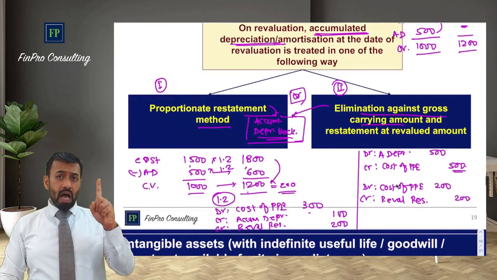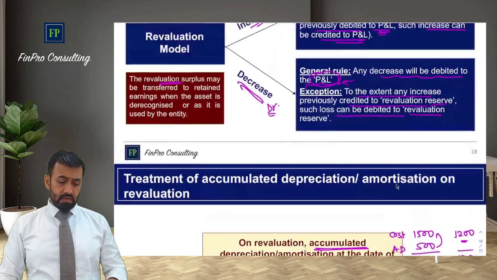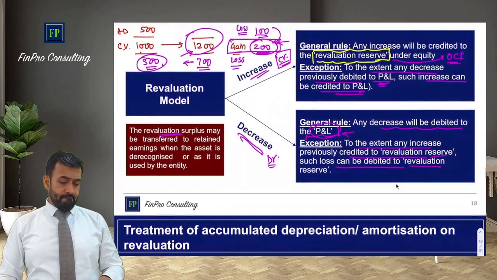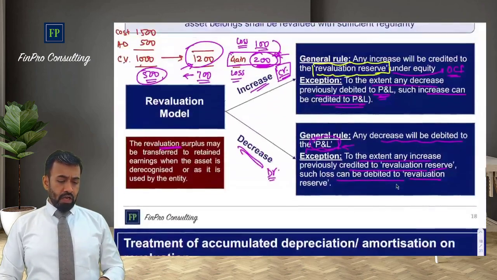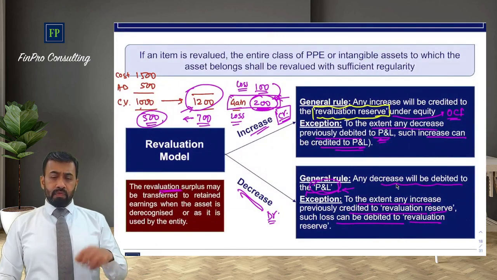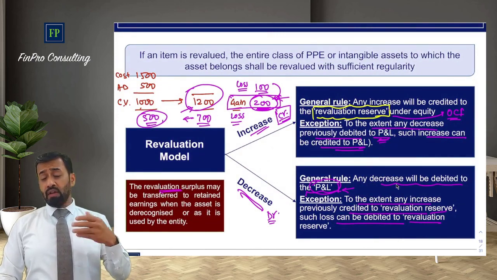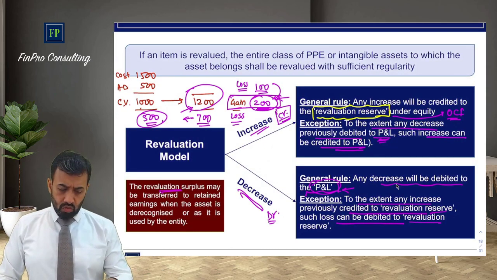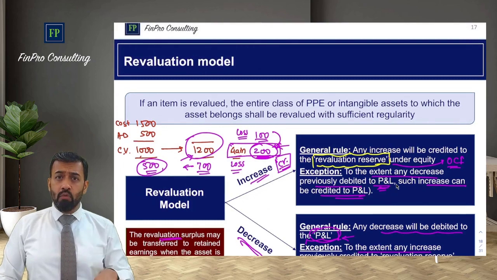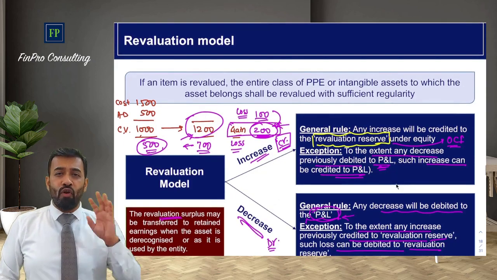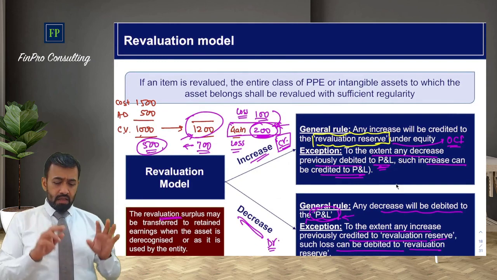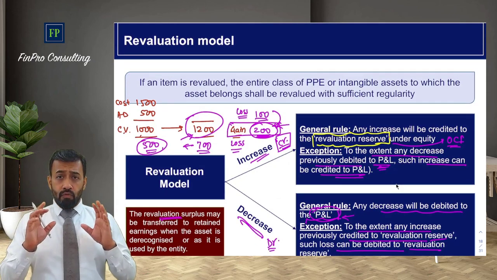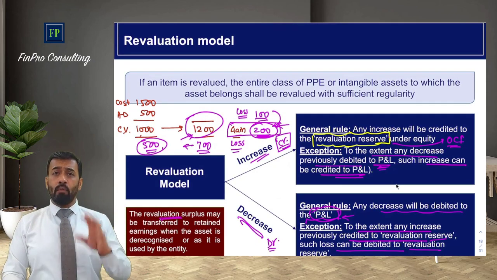This was once asked in the examination. Once, as far as I remember. I hope you have understood this. There is one small question also. We have covered two examples, two questions, on this in the full-fledged batch. So these are available in the books. So even if you are not there for the full-fledged batch, that's okay. These two examples are covered in Volume 3 in the topic Property, Plant and Equipment. You will find these two examples very simple and straightforward. You will be able to solve them.